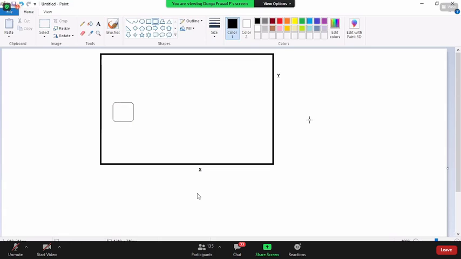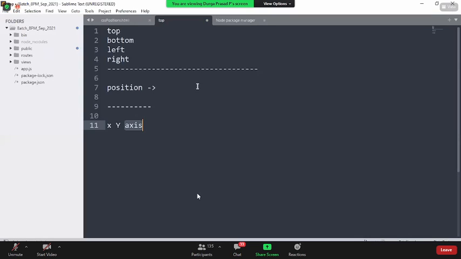So what your HTML or CSS is saying is, there are some possible values a position property takes. There is a CSS property called position. It takes some values. What are those?